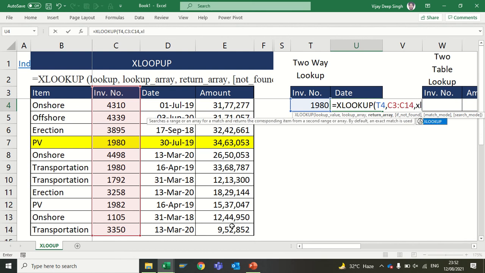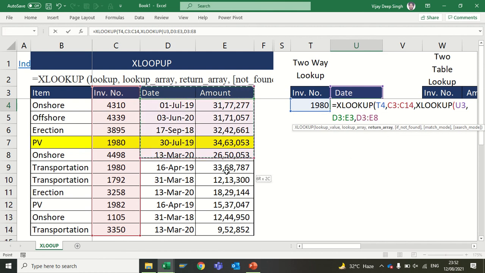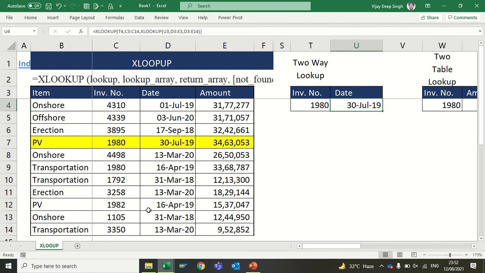I will type XLOOKUP here, and my lookup value is the date, which will be in this cell, and my return array will be the date and amount. So this is my return. This XLOOKUP is done for the return array, bracket close and enter, and I will get the date.